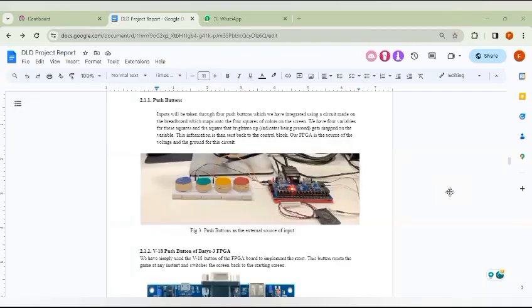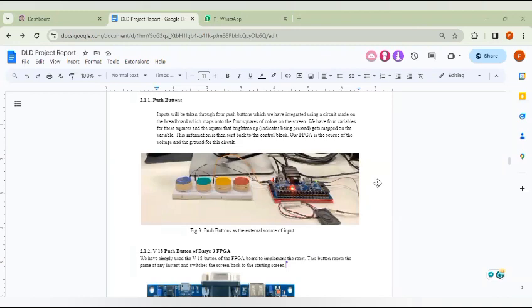To give a basic introduction of the game that we have developed, this project involves creating a Simon Says memory game using 4 push buttons. The user interacts with the game through those push buttons representing the 4 colors: red, blue, green, and yellow. Apart from all of this, we also have another reset button on the FPGA board, the V18 one, which is for resetting the game. The game begins with the system displaying a random color, and the player must replicate the